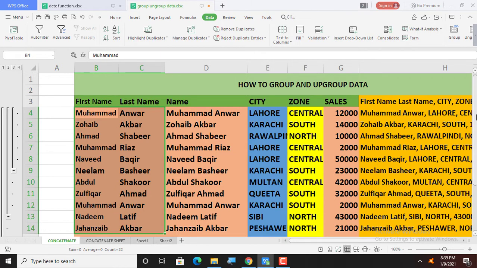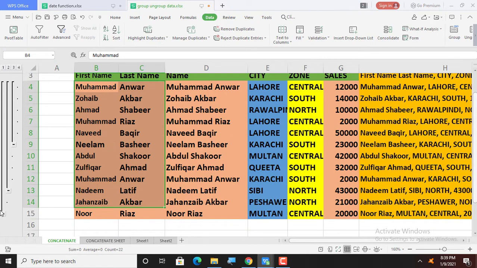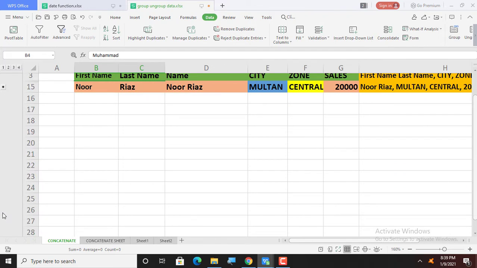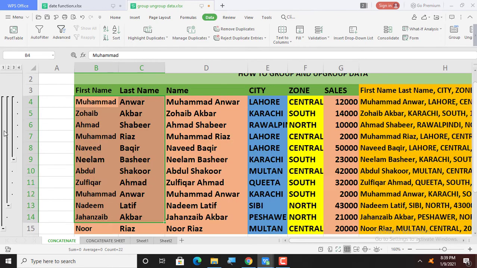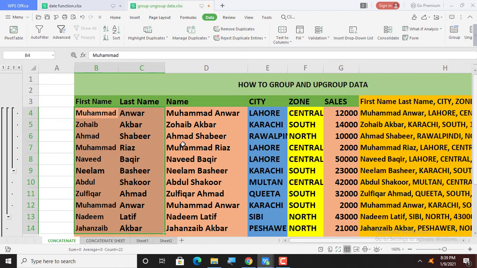Now to hide that, in the left toolbar I just have to choose minus, as I have selected the names till Jahaseb Akbar.